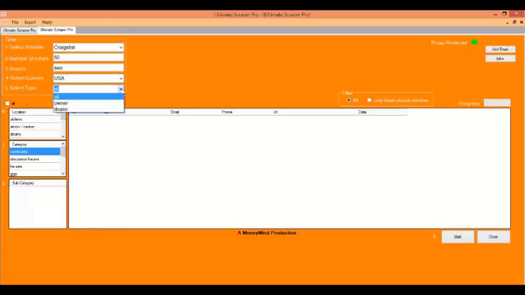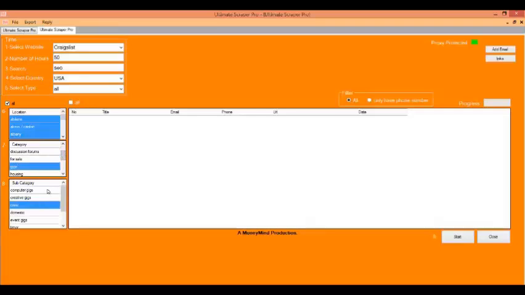The select alls are for if you're doing cars, trucks, cell phones, things like that. You have the by owner or the all option. So I'm just going to select all, and then I'm going to go right down here and select all again. That's going to be all of my locations, and then simply go to category. I'm going for gigs. If you're going for real estate, housing. If you're going for automotive, for sale. If you're going for